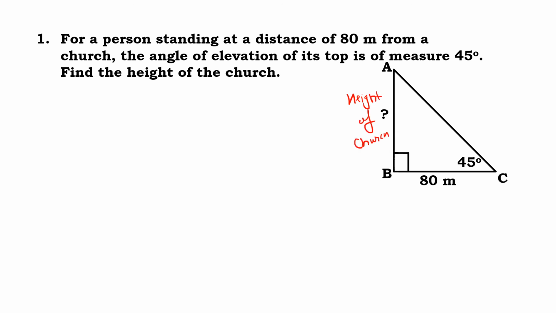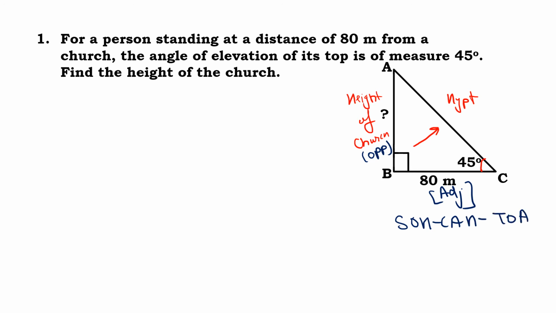This is 90 degrees. The side opposite to 90 degrees, you know, is known as the hypotenuse, and this is an angle of 45 degrees, so this can be written as opposite. This is your opposite side, AB is the opposite side, and BC is the adjacent side. Okay, so you need to think about SOH CAH TOA. I have told you earlier, SOH CAH TOA.